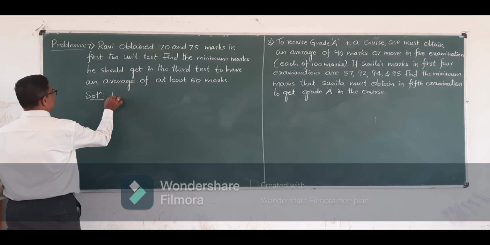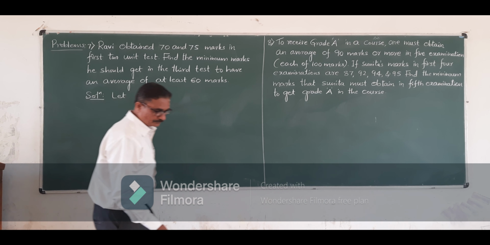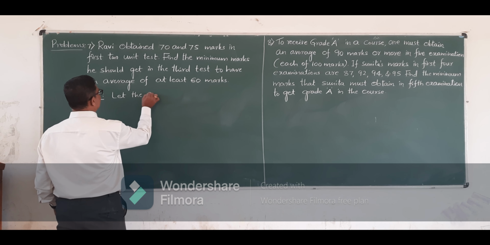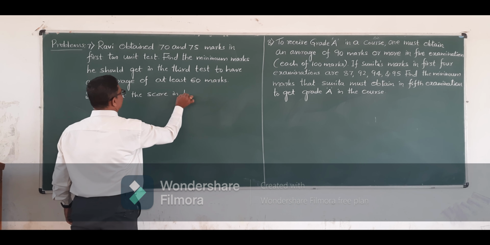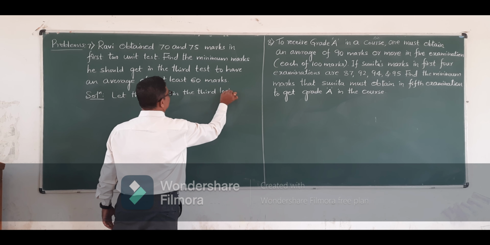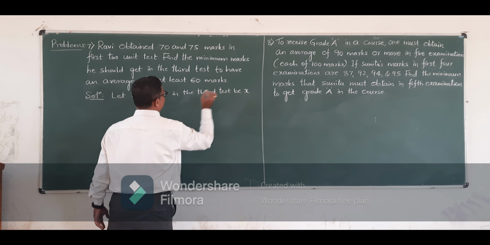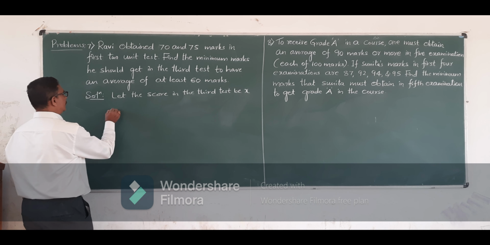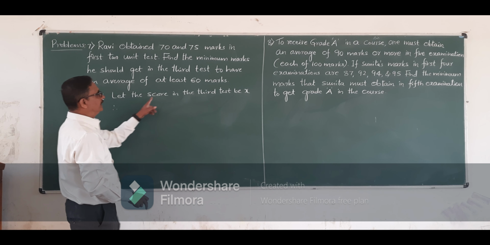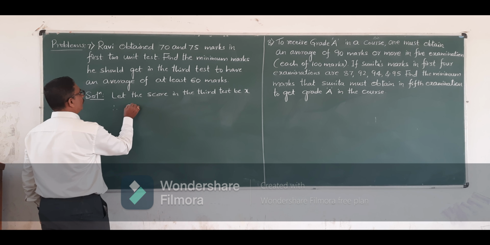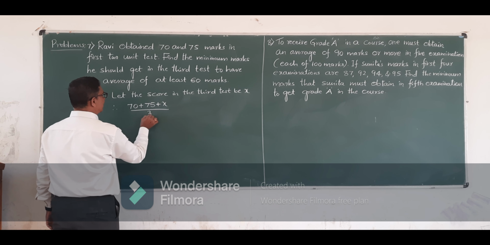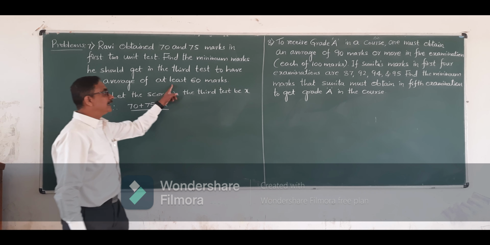Let the score in the third test be, we don't know, we take x marks. According to the question, therefore by data, in the first two tests 70 and 75, the third test is x. Now here according to the question, 70 plus 75 plus x, totally 3 tests, divided by 3, at least 60